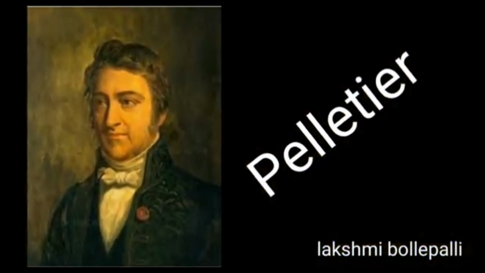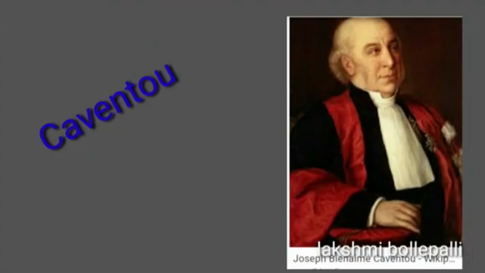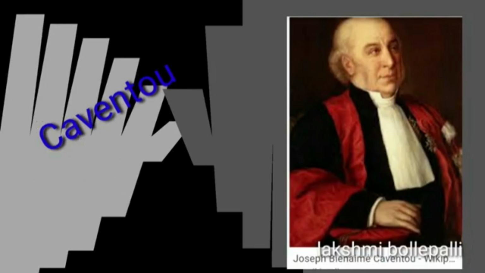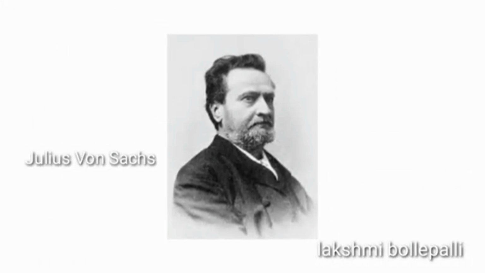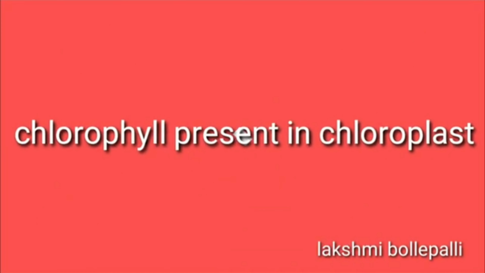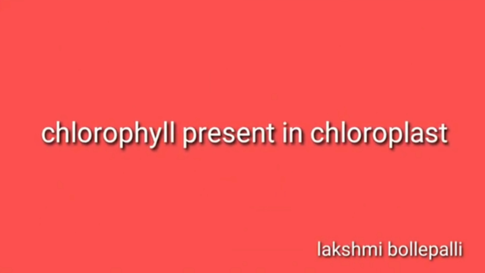The work of 2 scientists, Pelletier and Cavendish, who obtained an extract of the green colored substance and named it chlorophyll, meaning green leaf. Julius von Sachs observed that chlorophyll in plant cells is not spread throughout the entire cell. It is rather found in organelles within the cell. Such organelles were named as chloroplasts. These are present in large number in the cells, around 40 to 100.